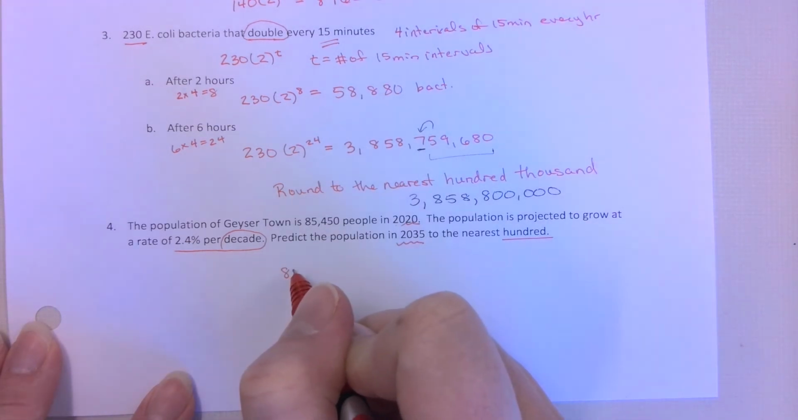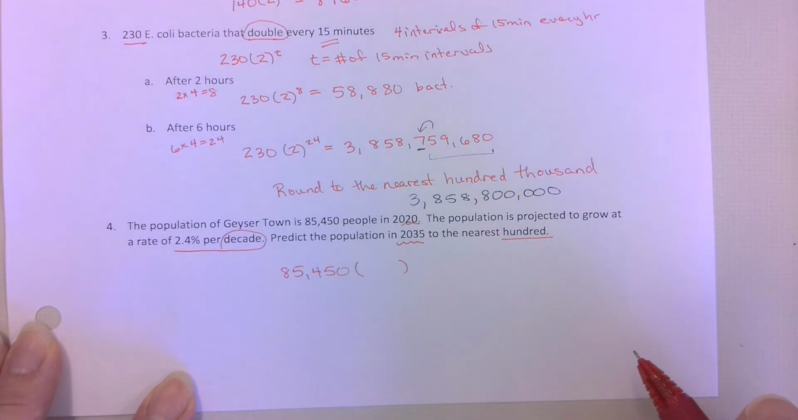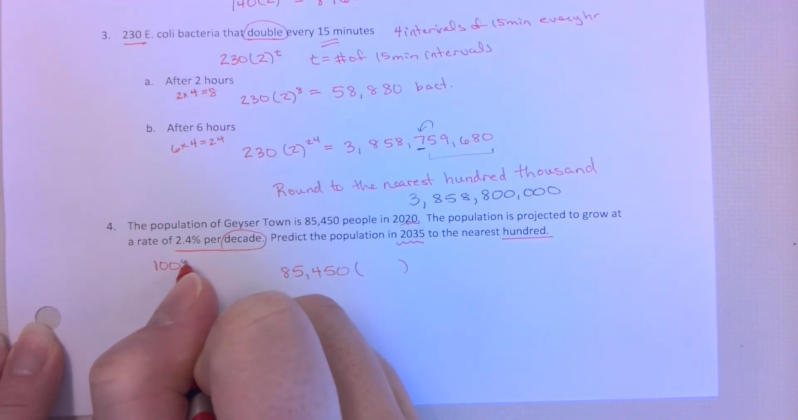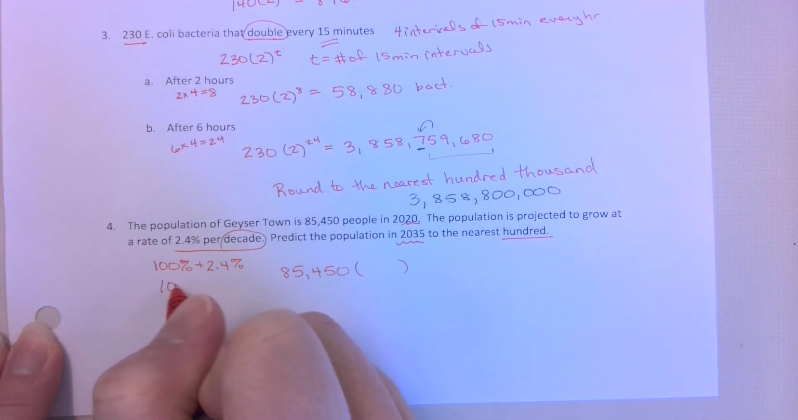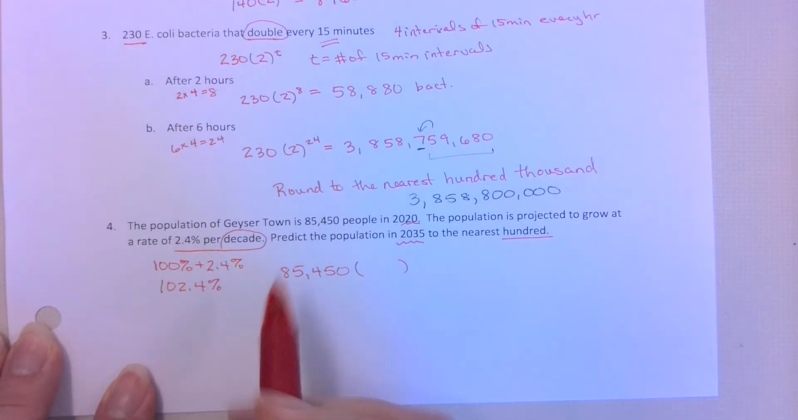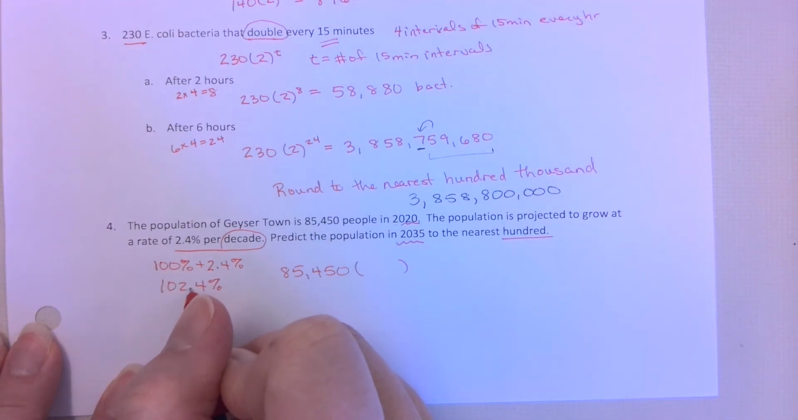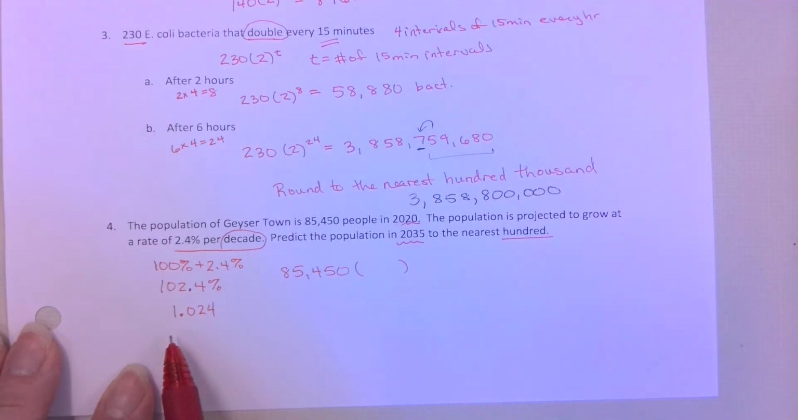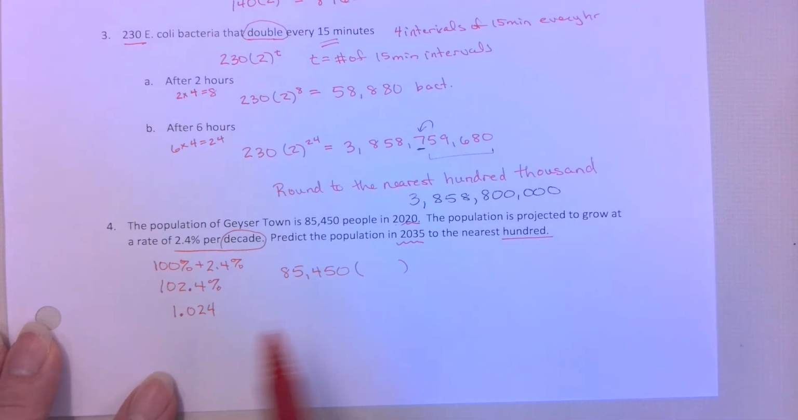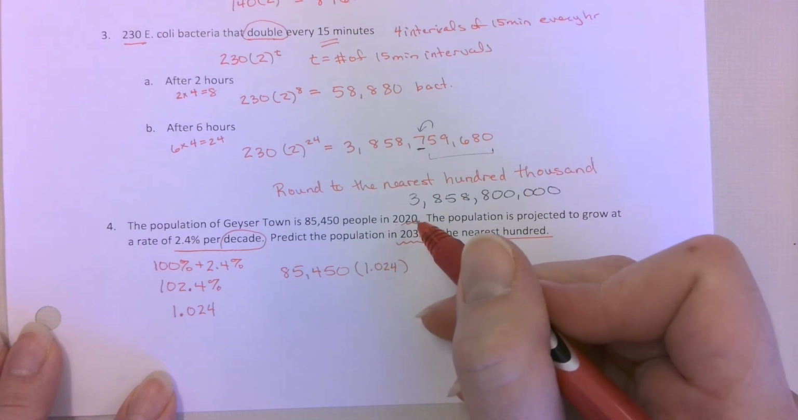So we start off with 85,450 people in this town, and it's growing at a rate of 2.4%. So I would take my 100% of my population and add on 2.4%. That gives me 102.4%. And I like working with the percents because I'm not going to mess up my decimal as easily. So I'm going to convert this to decimal by dividing by 100% or moving the decimal 2 places to the left. And that's what's different. It's not 1.02, it's 1.024 for that 2.4%. So always watch your decimals